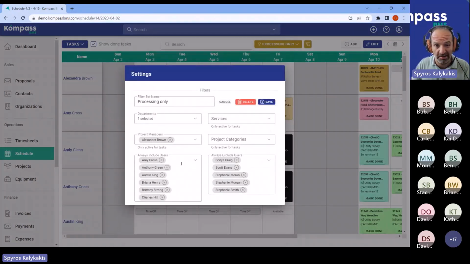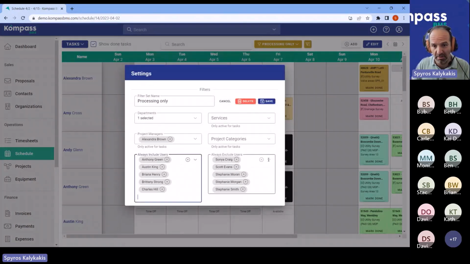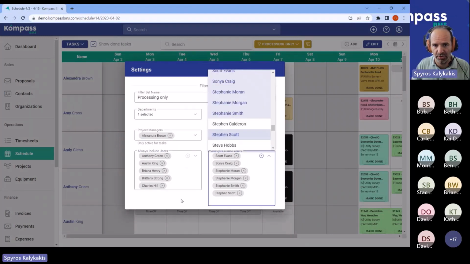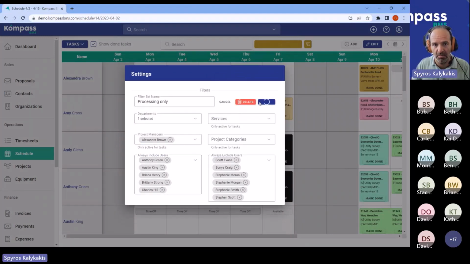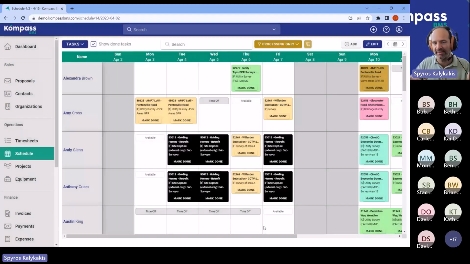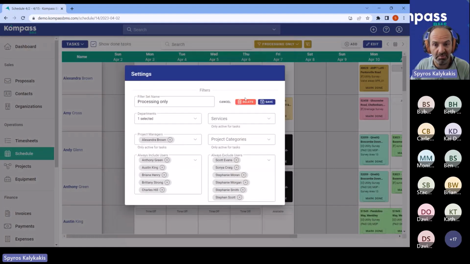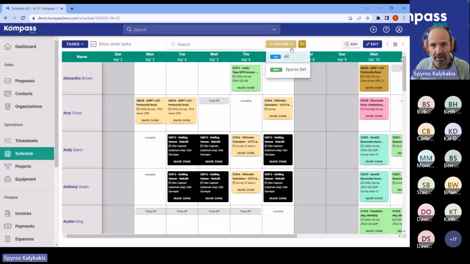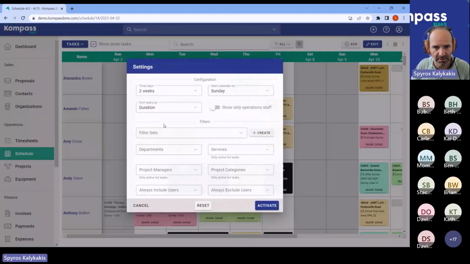Yeah, okay, edit. Let's remove someone. Let's add somebody else in here and then save it. So we can just change and update it every time that someone joins the organization or leaves. Well, when they're leaving, they're not going to be there either way, so it's going to be fine. Or we might want to delete it. Yep, sure, delete, activate, and that is that. Let's go back to